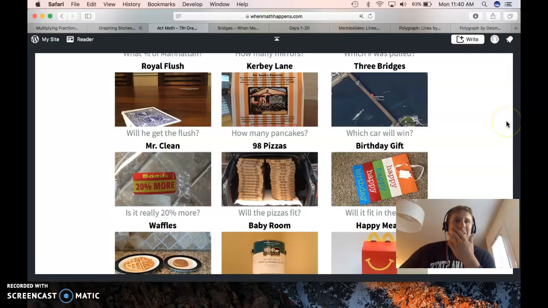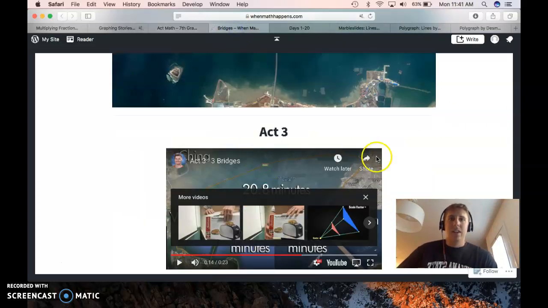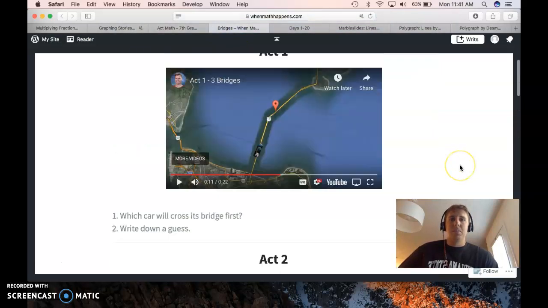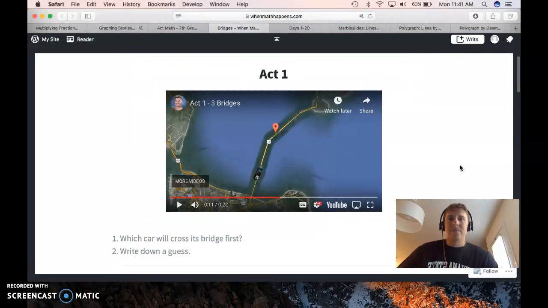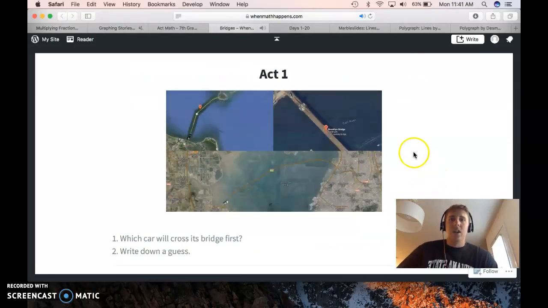Another one is 3-act math. I'm sure you guys have all seen some sort of this technique in some way, shape, or form, but this one's called whenmathhappens.com, and they show all kinds of 3-act maths. So the first one that I picked was the bridges, and I'm going to use it sometime throughout the year. So it shows